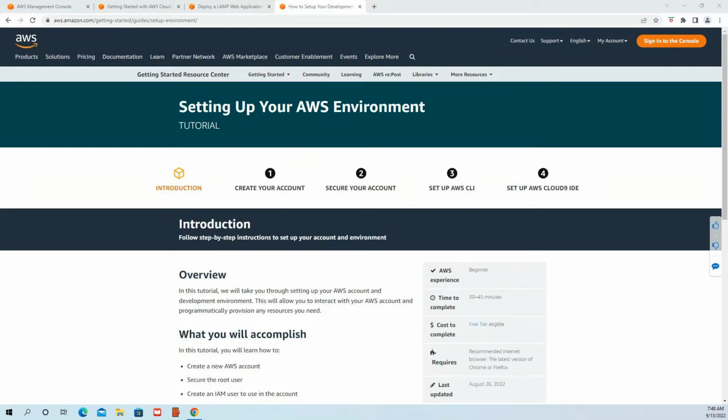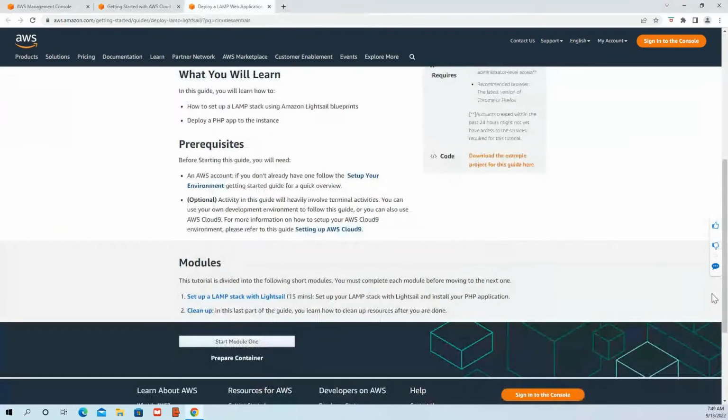Good. So use this link, set up your environment, and if there are any issues or hiccups in setting up the environment, we will go through that in the first 15 minutes tomorrow. After that, we'll just continue using our console and everything. So this is the first thing. And if you want to